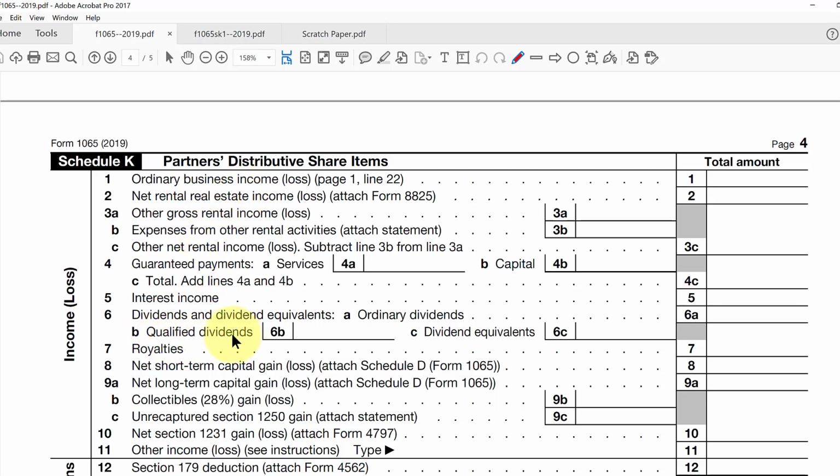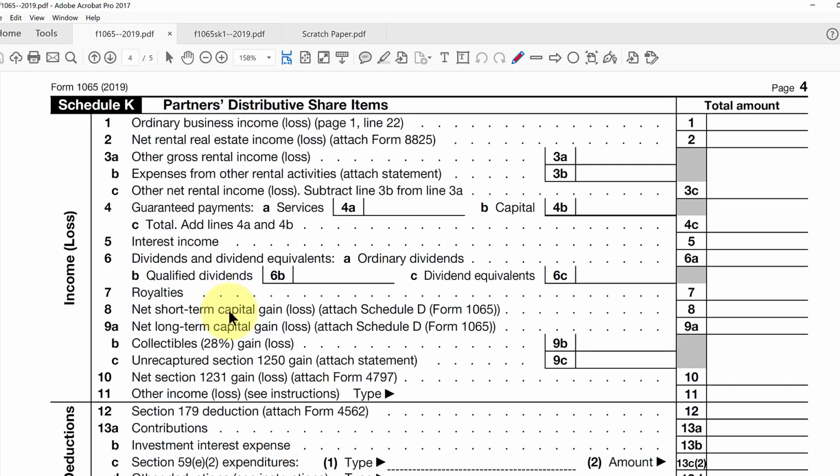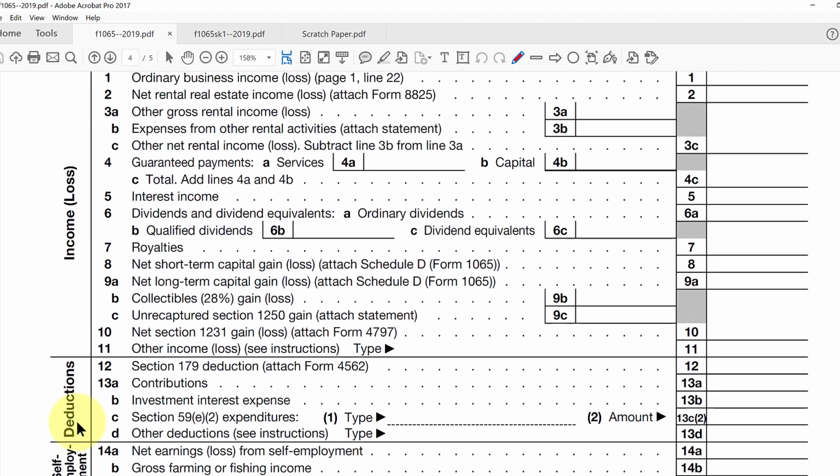For example, we know qualified dividends get taxed at lower rates than the marginal rates for the partners. The same goes with capital gains and losses, be they collectibles at 28%, or unrecaptured Section 1250 gain at 25%, or possibly treated as ordinary income under Section 1231 rules, or capital gains under Section 1231. So that's income. The same thing goes for deductions. We have to separately state them because there are special limitations at the partner level and not just here at the partnership level. For example, Section 179